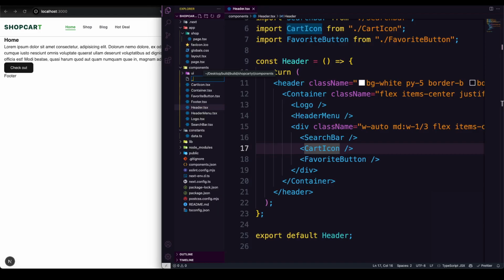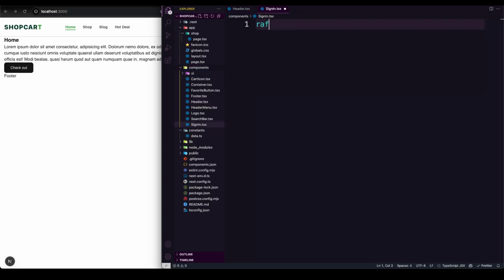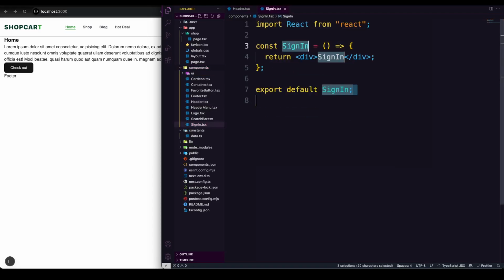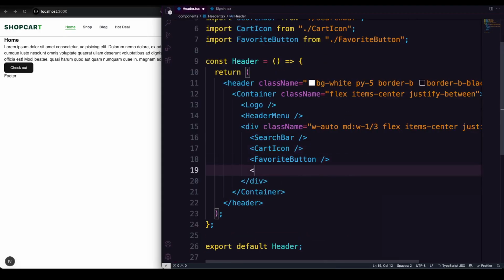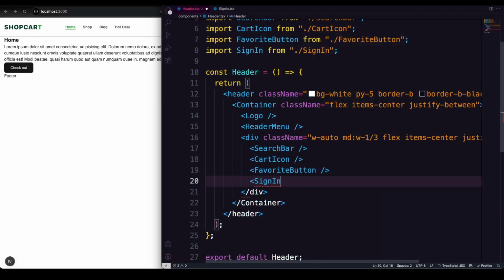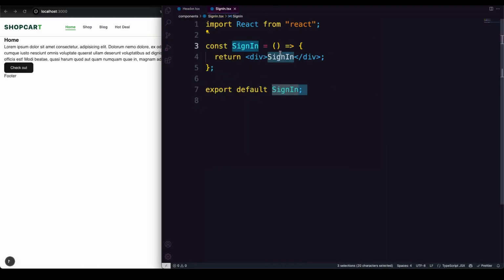So let's say sign in dot tsx. So that would be holding the sign in parameter. You can make it as a button also if you want. I'm gonna just make it simple as it is. So it should be sign in. Okay, save. Now here, for right now, I'm gonna just pop up a button here, because later on we're gonna